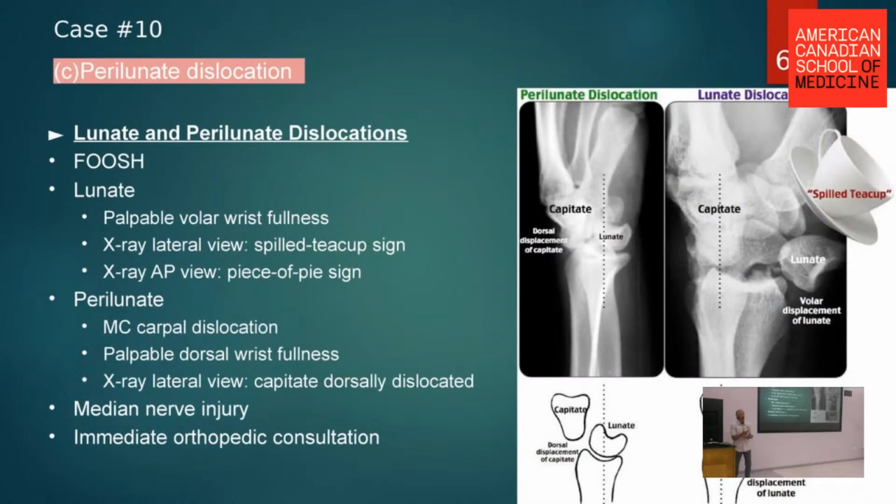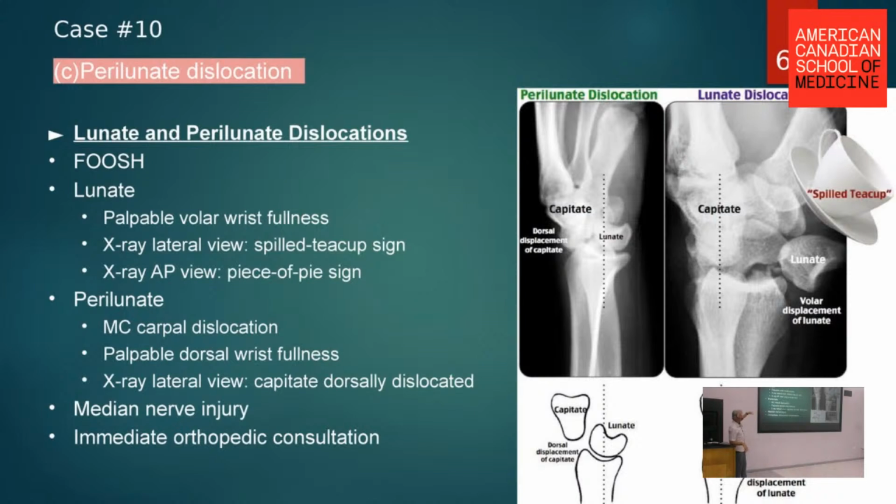And usually it's very painful. The wrist comes in very swollen. You'll see these people and you say, I don't see a fracture, but they're really tender, can't move their wrist. These are the ones where you need to sometimes get some additional films to take a look. So the difference between a lunate and a perilunate,